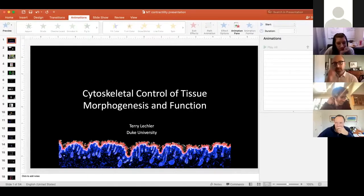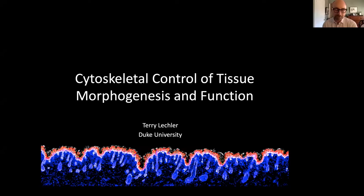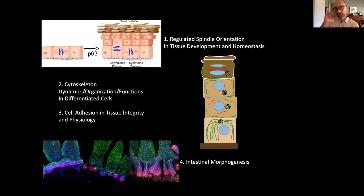And today what I thought I would do is first introduce the lab really quick and tell you about the diversity of topics we work on, and then dive into one a little bit more deeply. So I'm really interested in tissue architecture and how it's established, both at the cellular level and in how the cells come together in three-dimensional patterns that mediate their function. And we study this from some of the basic cell biological regulators, like what does the cytoskeleton do, what do cell adhesions do, what does spindle orientation do. But I was really trained as a basic cell biologist, and I love most the nuts and bolts of the basic cell biological regulators and how these very conserved machines are used in different cell types to do very different